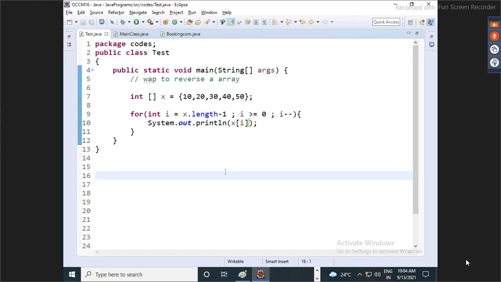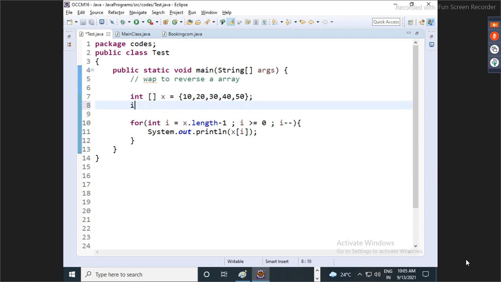Is it working? Okay. But now, this is not the requirement. Here, are you reversing the array or are you just printing the array in reverse order? Reverse order. So now we will create a separate array, let's say reverse array, revArr. Now tell me, will the original array and reverse array length be same or different?